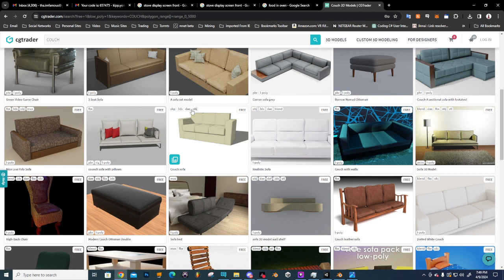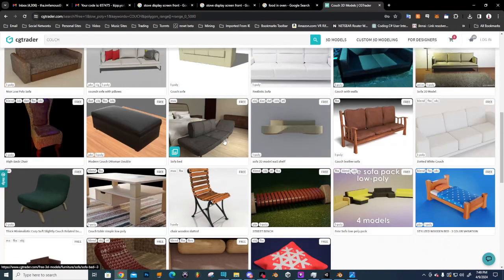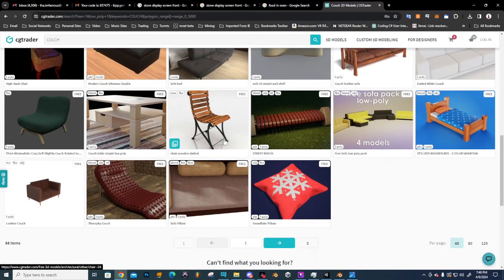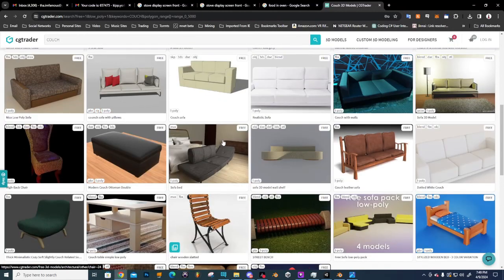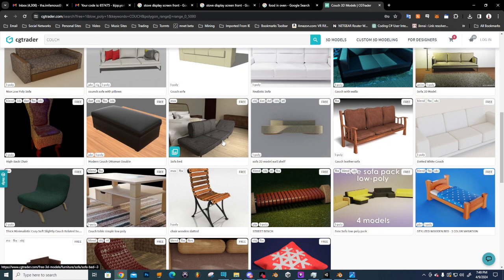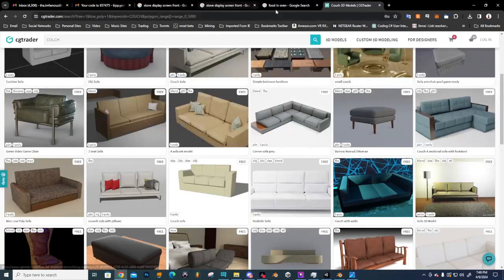It tells you the file types. For Blender, you can use DAE, OBJ, FBX, or GLB. I've noticed that CG Trader has a lot of FBX, OBJs, STLs, all that good stuff, which is fine. But